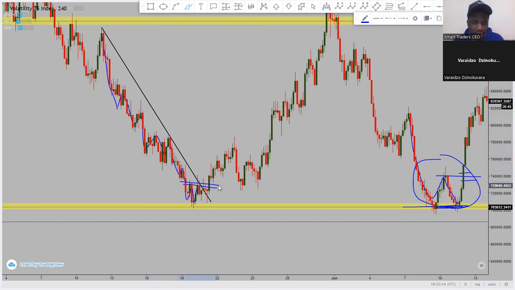Came back to the lower high. And if you check after coming back to the lower high, it broke the lower high. So after the market structure has been broken like that, that's where we now actually anticipate fully buying opportunities once market structure has been broken to the upside. So this was the break.